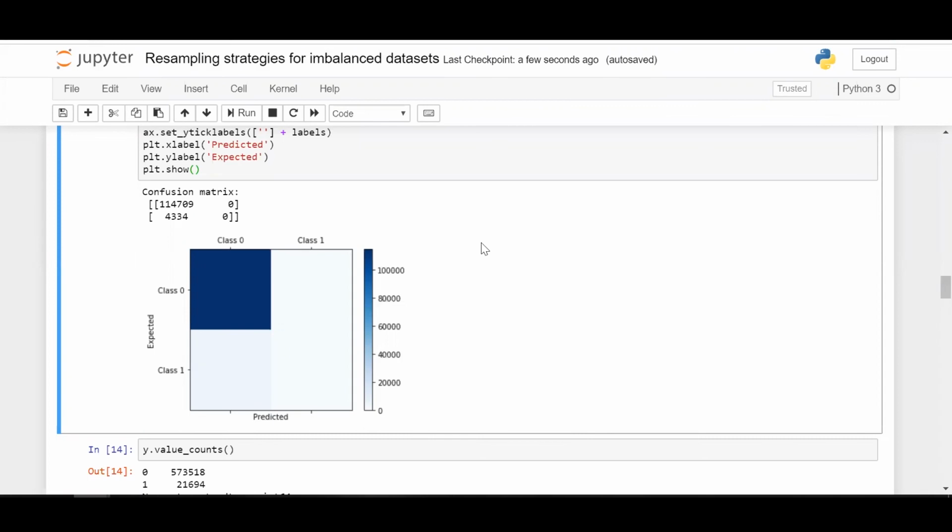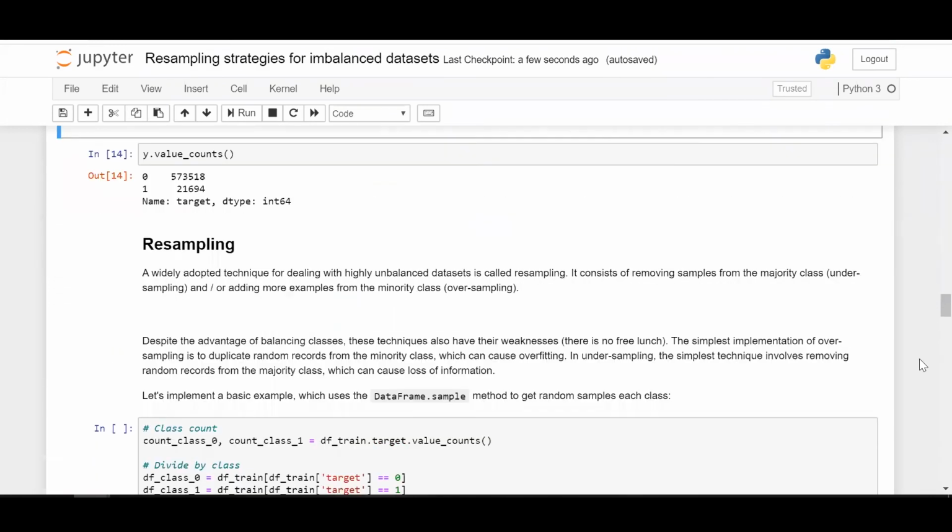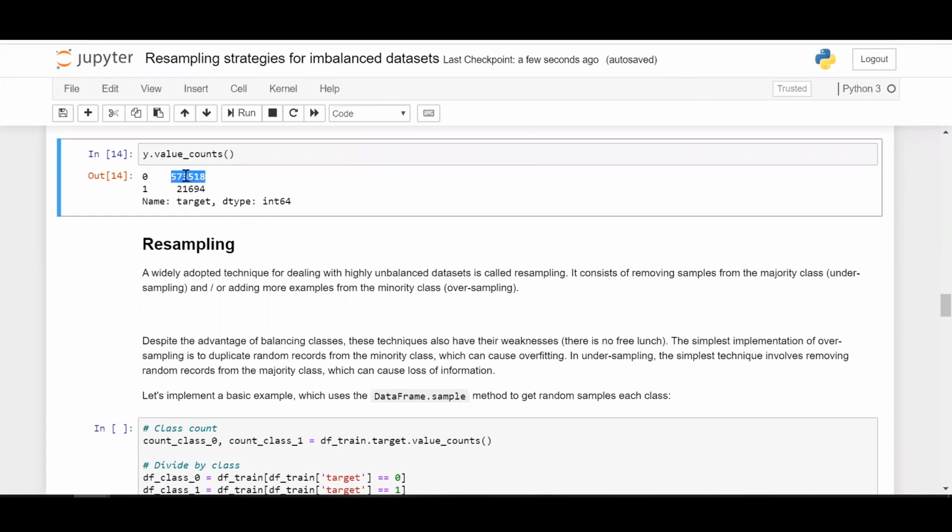So let us get into resampling strategies. Resampling strategies are widely used for dealing with highly unbalanced data sets, and they consist of removing samples from the majority class, which is called undersampling, or adding more examples from the minority class, which is known as oversampling. Undersampling means let us reduce the number of zeros so that they become equal to the number of ones.